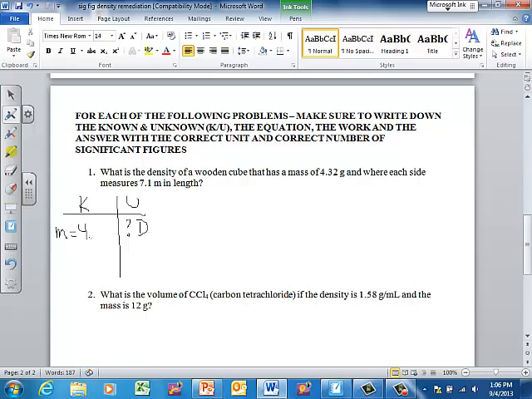That has a mass of 4.32 grams, and each side is going to be 7.1 meters. So for example, on this one, in order to correctly solve for this, the first thing we have to do is find the volume. So for the volume on this one, it's going to be 7.1 times 7.1 times 7.1. So if I do 7.1 cubed, however you want to do it, 2 significant figures here, I can only write down,